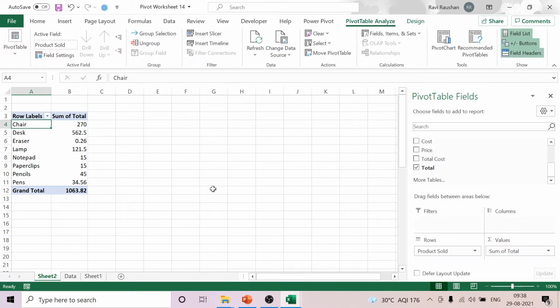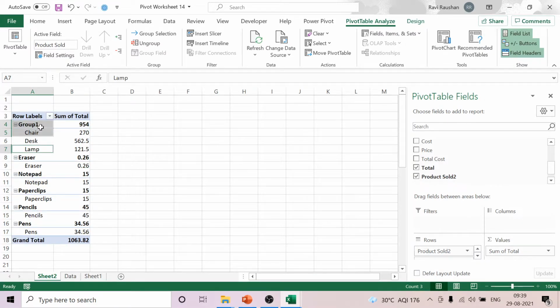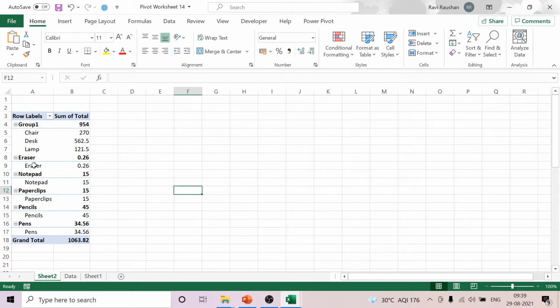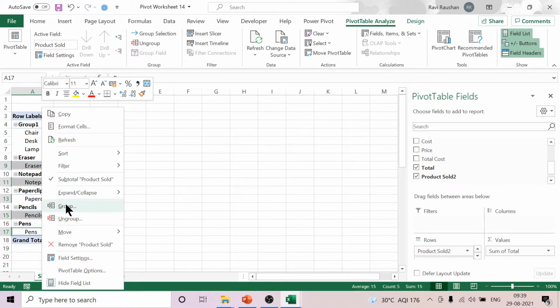First I select the first one, that is chair. Then I press the control key and keep pressing the control key. I click on the desk, I click on the lamp. Then I remove the control, I right click and I click on the group. The first group has been formed. The second one, actually individually it will form the group. So I wanted to group them again. I click on the eraser, again press the control key and I keep selecting everything. Once everything is selected, I right click, I come to the group 1.